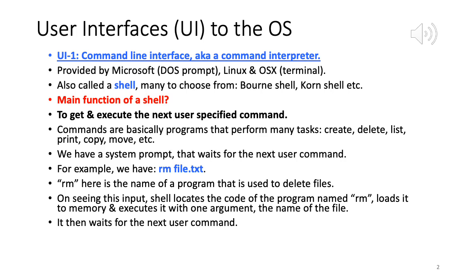If you forget to put the name of the file, if you just put rm, it will tell you missing operand, or missing input. So if there are errors, it tells you, and then it waits for the next command. So rm file.txt locates the rm program, brings it into main memory, and starts executing it with the input file.txt. The effect will be that it locates file.txt. You may also provide the path, let's say /home/Nitin/desktop/file.txt, so then it knows where to look. Once it locates the file, it deletes it, and then it waits for the next